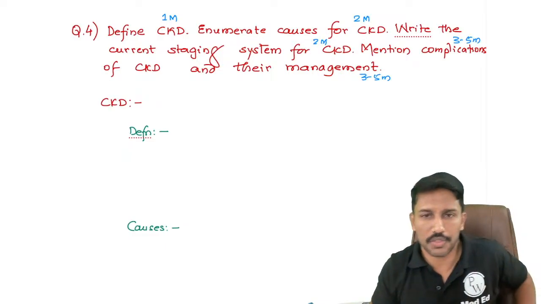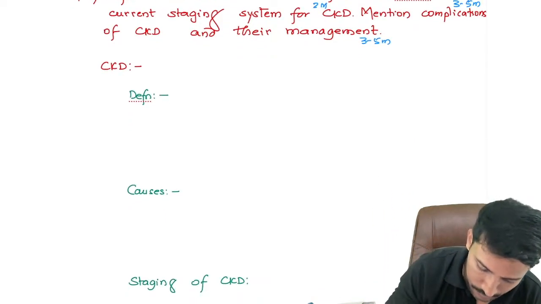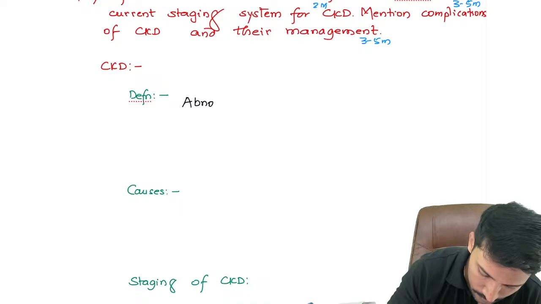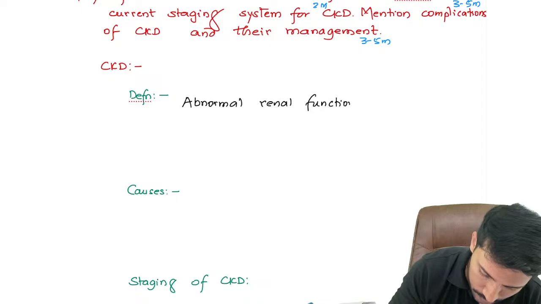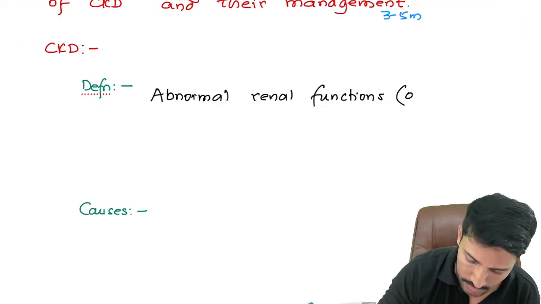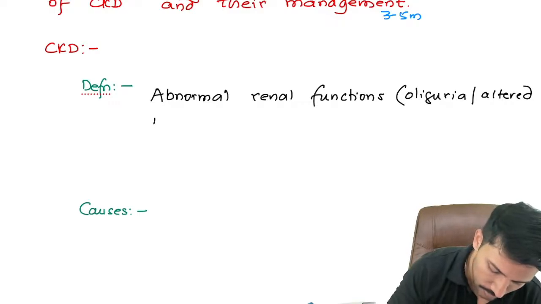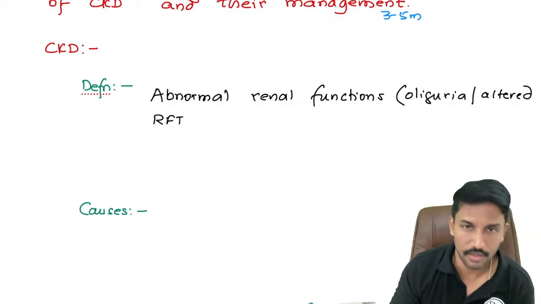That is how they make a 10 mark question. So what is CKD? CKD, we will define it as abnormal renal functions, where in brackets we can mention either oliguria, or altered RFT, that is creatinine or blood urea,